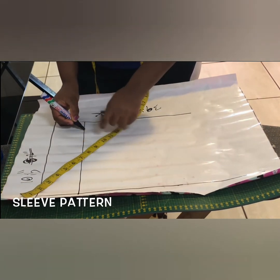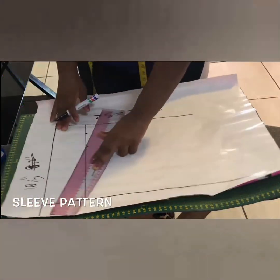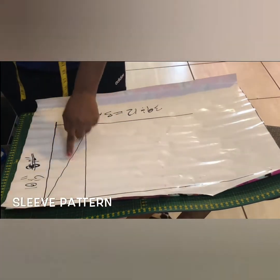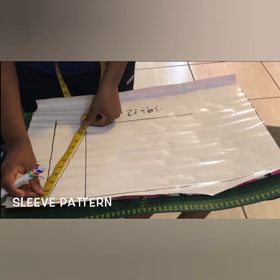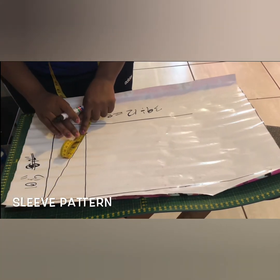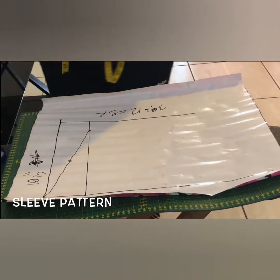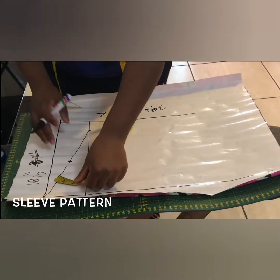Once I am done marking that point, I am going to join that point to the corner there with a straight line. Once I am done, I am going to find the midpoint of that line that I've just created, which I am going to find by folding my measuring tape, and mark that point. And from that point, on each side, I'm going to calculate